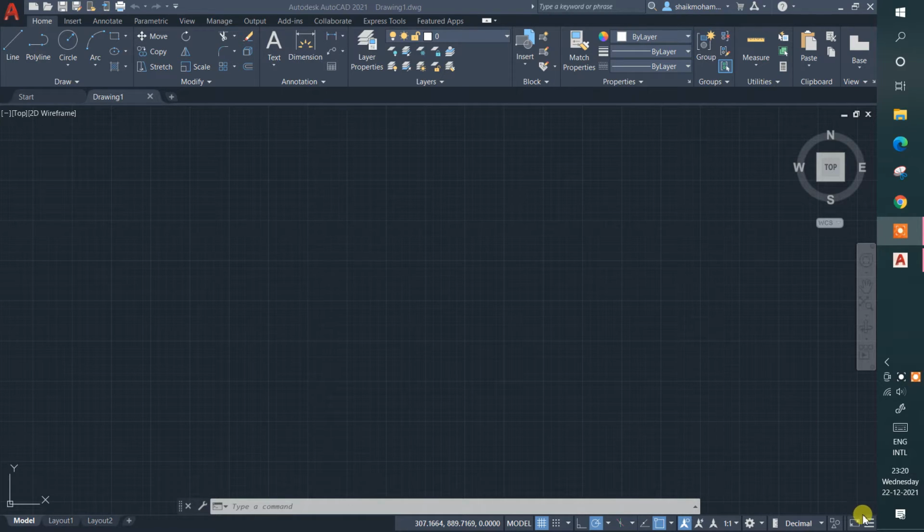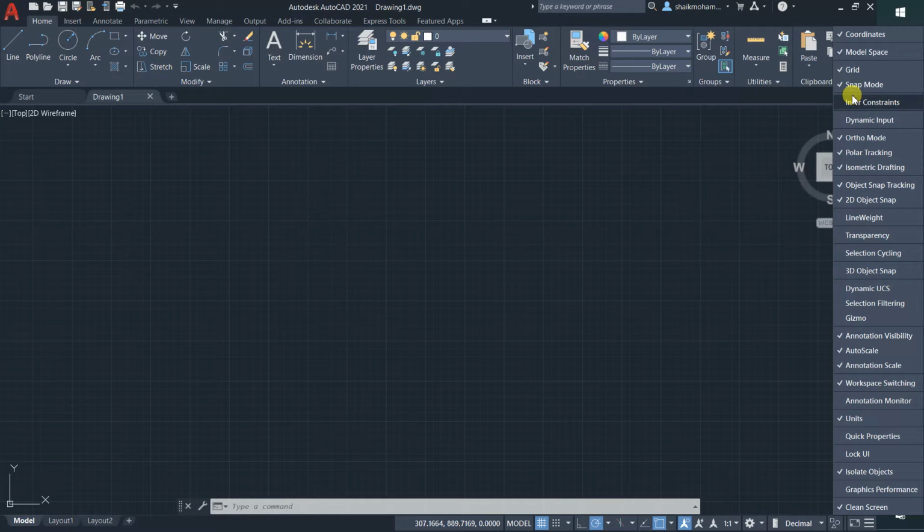Before that, let me go to customization, guys. This is called customization. Just click on that, and after clicking on this you can see some of the things which I haven't ticked. Why? Because these things were not useful for me in 2D drafting. In case of 3D modeling I can turn all these things on, but in 2D modeling there is no use. Let me turn on all these things to explain them in detail.